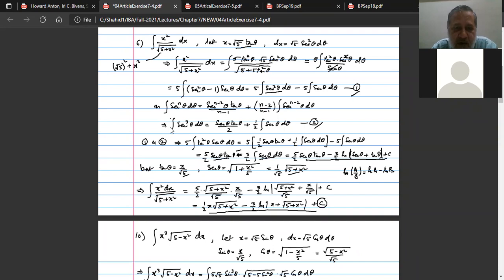And in the denominator, 5 plus x square becomes 5 plus 5 tangent square theta. From the denominator, square root 5 taken common, root 5 will cancel out with this root 5, and we are left with 5 into integral tangent square into secant square divided by secant theta, because with this 5 taken common, it becomes 1 plus tangent square, which is secant square under the root, and that makes it secant theta. The secant theta cancels with the secant square theta in the numerator, and in the numerator, we are left with tangent square into secant theta.